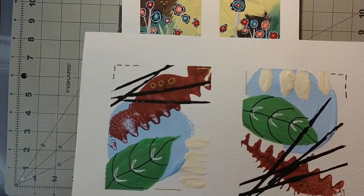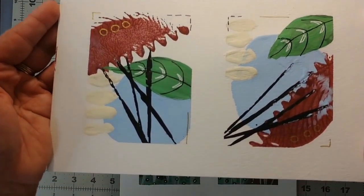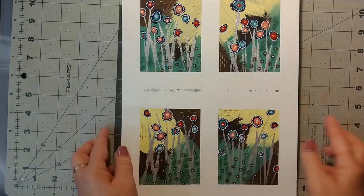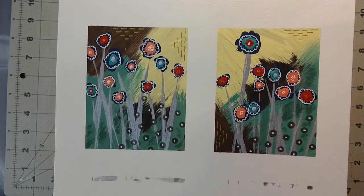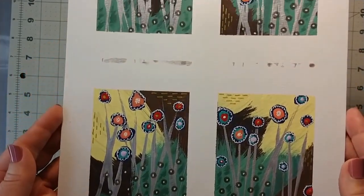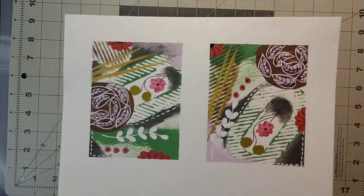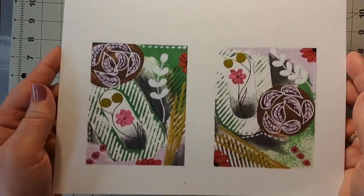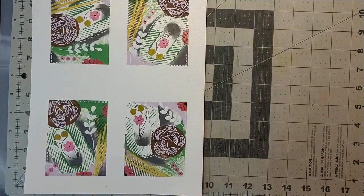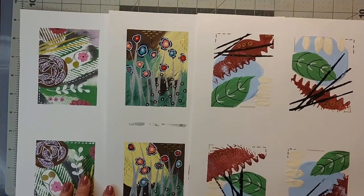So there we go. It is all done, and I can now photocopy these and use them as pockets, as the front of cards, as pretty much whatever I want, because they are going to be my masterboards. And this one, which I really love, one of my favorites. Alright, well, there you go. I hope this is something that inspired you to go and maybe give it a try and see if you